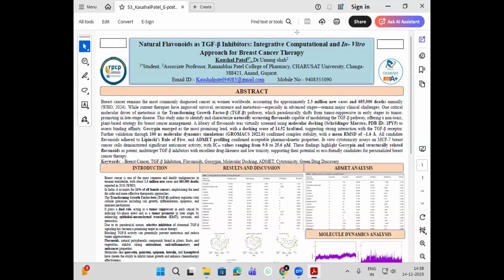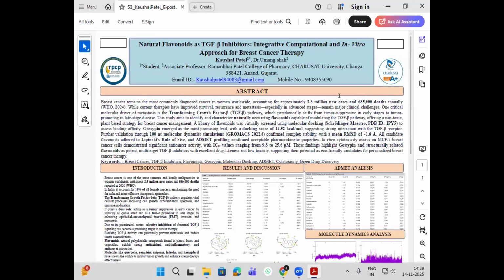So basically, we are using here natural flavonoids, which can be found in fruits and vegetables in abundant amounts. They have antioxidant, anti-inflammatory, and anti-cancer properties. Many of them are proving that they have anti-cancer activity. For example, quercetin, genistein, apigenin, kaempferol. They all are of the flavonoid class of compounds, nothing but polyphenolic compounds, and they have an anti-cancer effect.